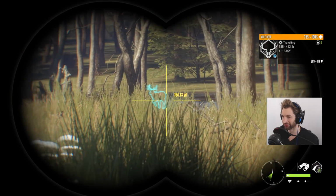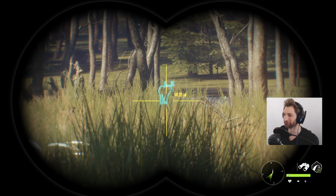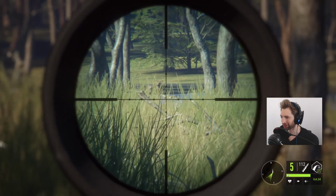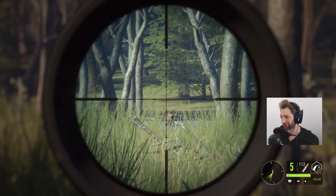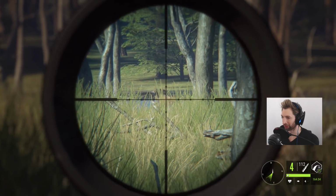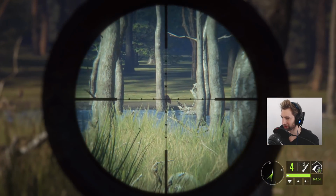I knew there had to be something decent over here. That's a really decent 4 and the biggest mule deer that we've seen so far. He is max weight, so let's get on him and see if we can take a nice shot. It's not a good angle, but if we get this... I was just ready to take the shot and a doe stepped right in front of him. But she's not there anymore, so honestly, I don't know how we missed the heart, but that should have been...